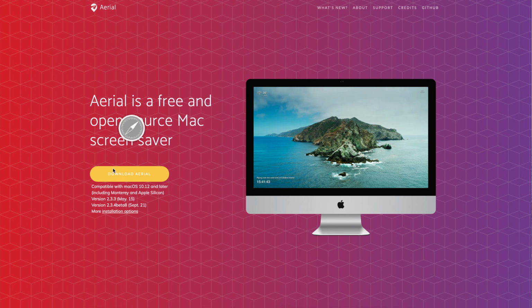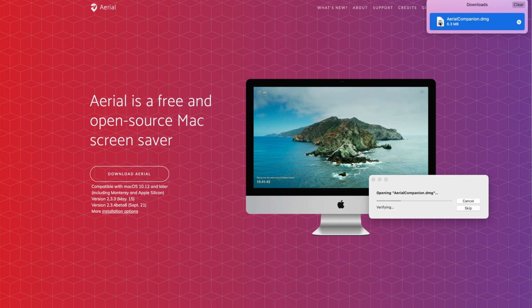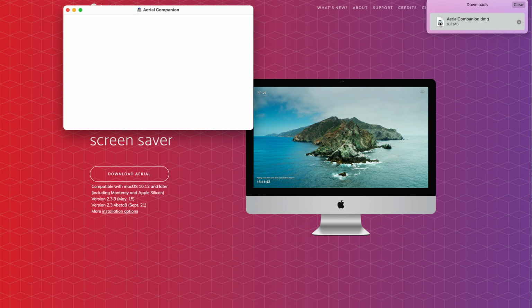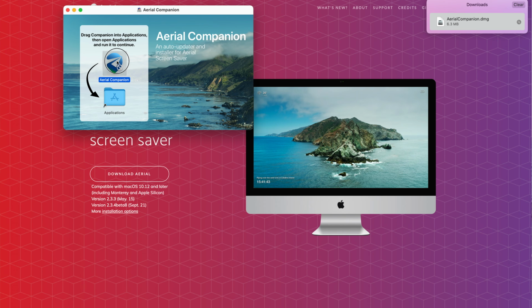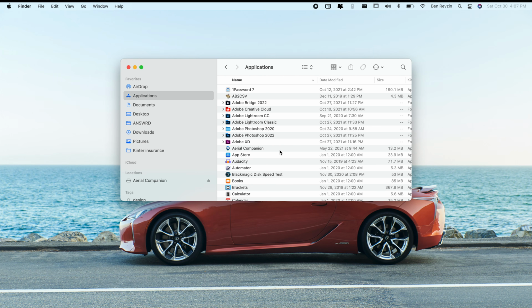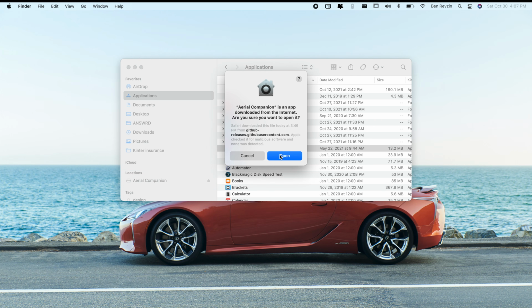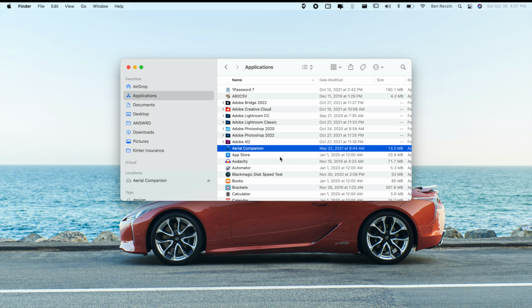First, you're going to go to the Aerial Companion app website, which I have linked down below. Once you're on there, go ahead and click download and open that downloaded file until it asks you to move the Aerial Companion app into your Applications folder. Once it's in your Applications folder, go ahead and double click on the Aerial Companion app, hit open to allow your Mac to get through the security wall, and then once it opens up, you'll see this icon in the